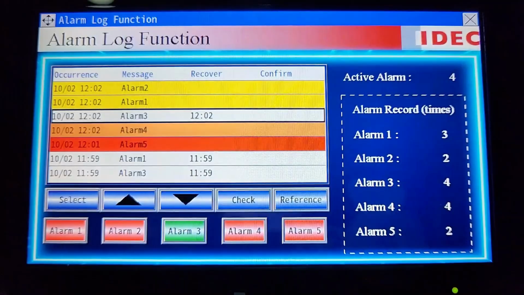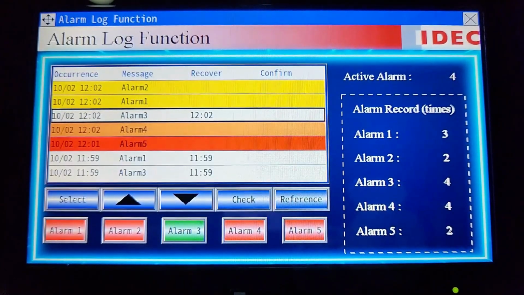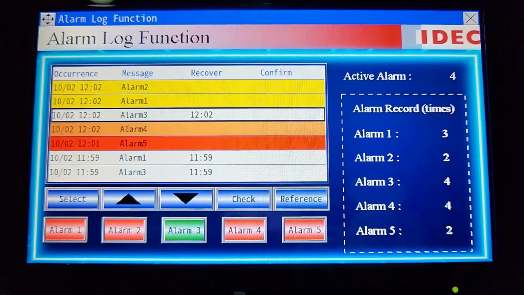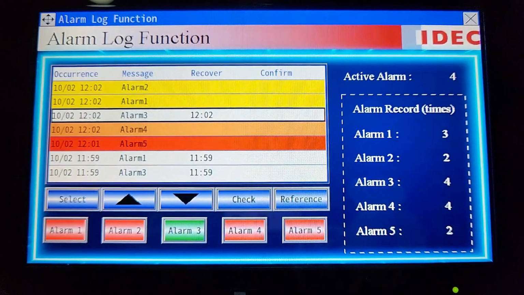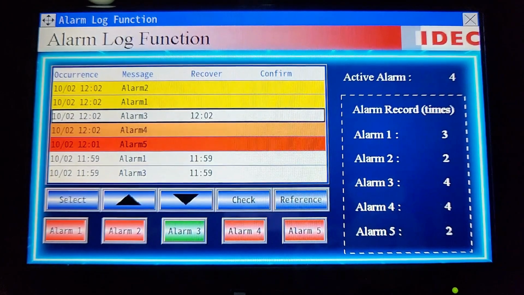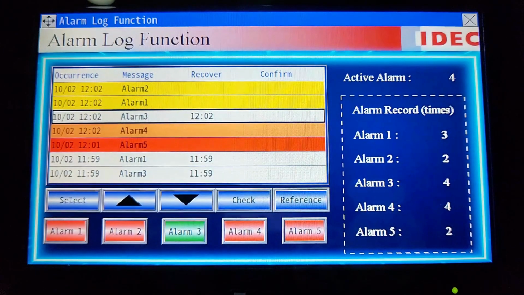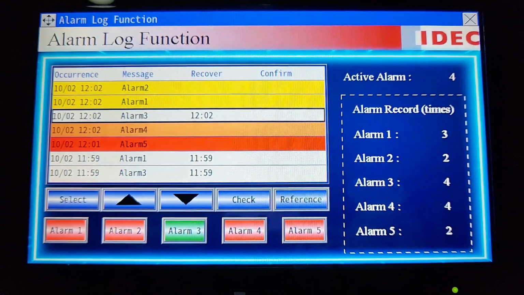Stopping the audible alert and the screen flashing is very easy. You can simply touch anywhere on the screen, and the notifications will stop immediately. Alternatively, you can press the stop buzzer and screen flashing button on the alarm log display. Feel free to trigger the alarms and stop the notifications as many times as you'd like to get familiar with the operation. Next, let's go over how to manage the alarms in the alarm log display.